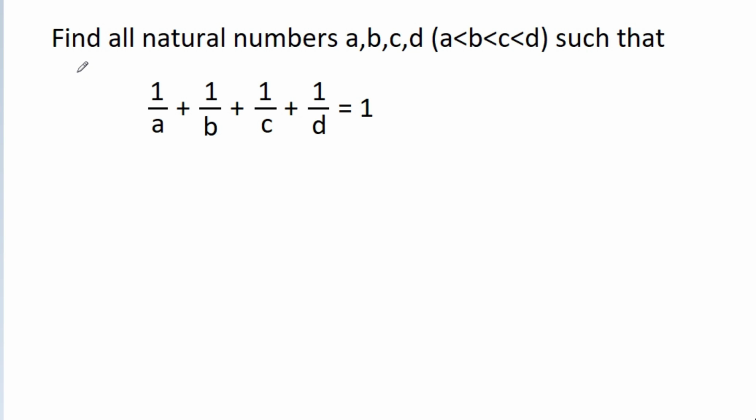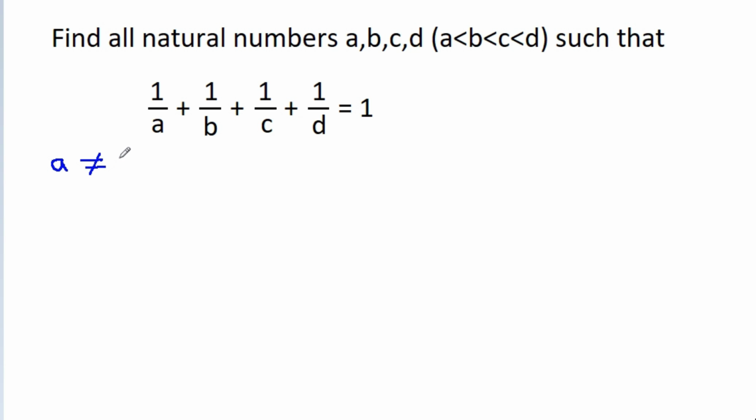In this video, we have to find all natural numbers a, b, c, d, with a less than b less than c less than d, such that 1/a + 1/b + 1/c + 1/d is equal to 1. So clearly,